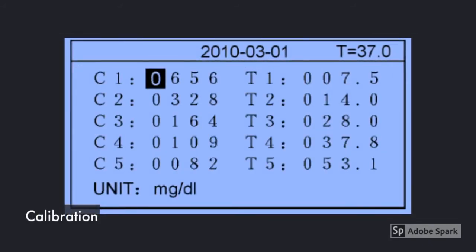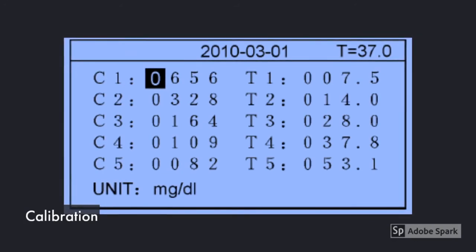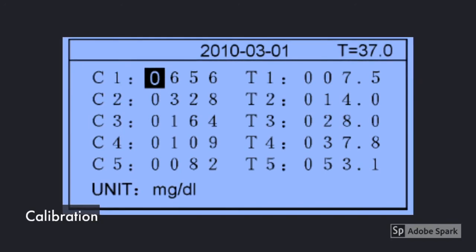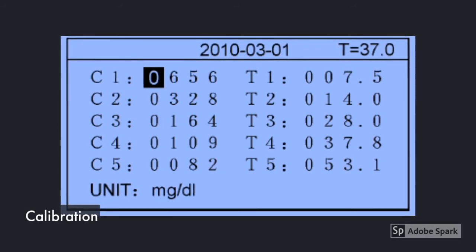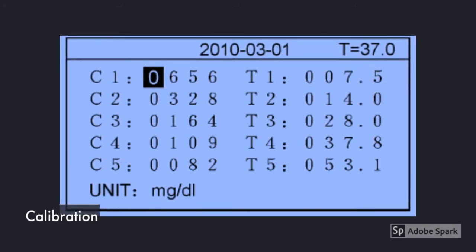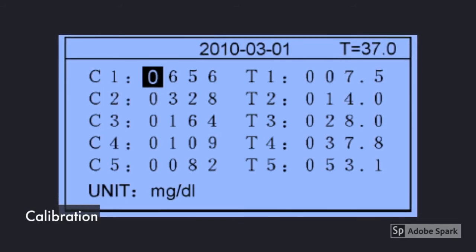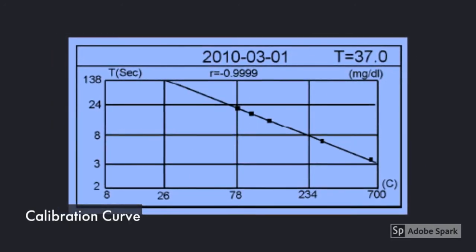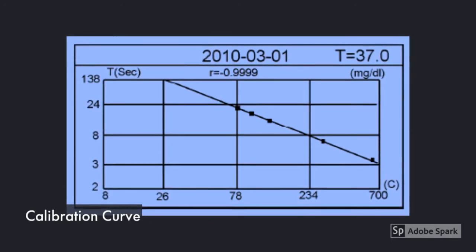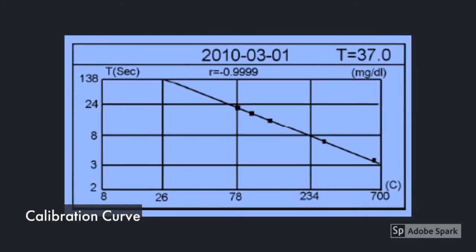The calibration interface screen is used to enter the concentration values and clot times to determine the calibration curve for fibrinogen. The values for C1 through C5 are calculated by the user based on the dilutions instructed on the insert sheet for the TFib reagent. Once these concentrations are entered, the user will then test each dilution to calculate the clot times. These clot times are then entered on the screen to determine the calibration curve. The calibration curve screen shows the curve created from entering the values C1 through C5 and the clot times T1